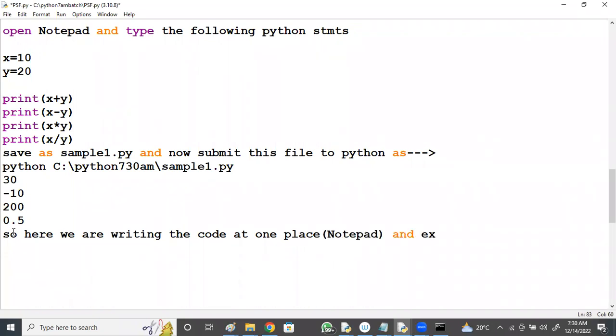You opened a Notepad file, wrote some Python code, saved it as sample1.py, went to the command prompt and gave Python the path where the file is available. So we are writing the code at one place and executing at the other place, like the command prompt.